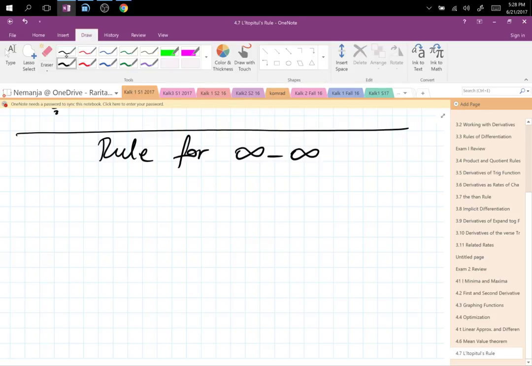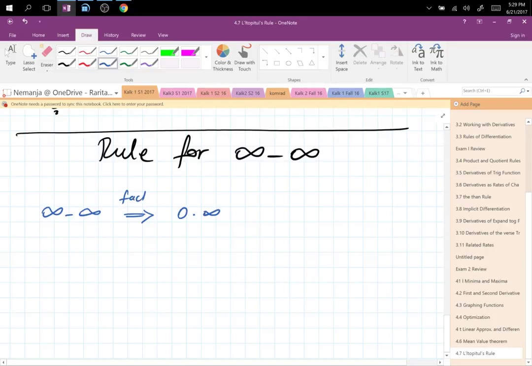Now you have subtraction. So subtraction is going to go into multiplication, and then multiplication is going to go into division. So I like to draw this string now that says infinity minus infinity will go into 0 times infinity